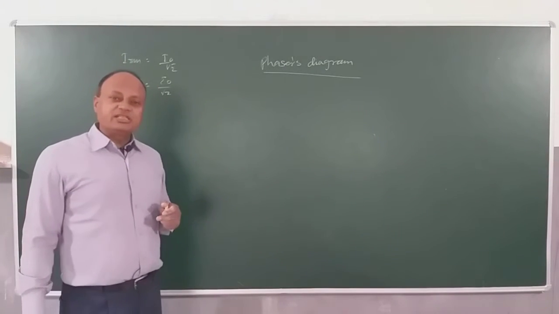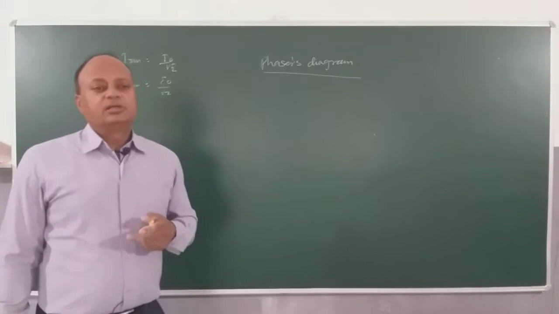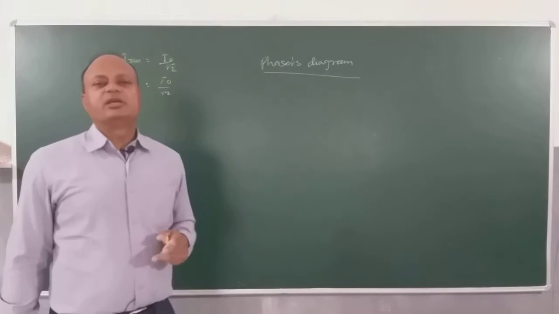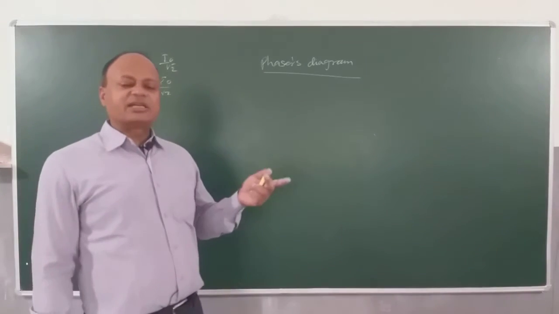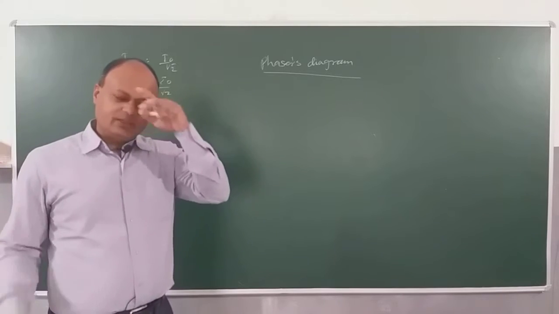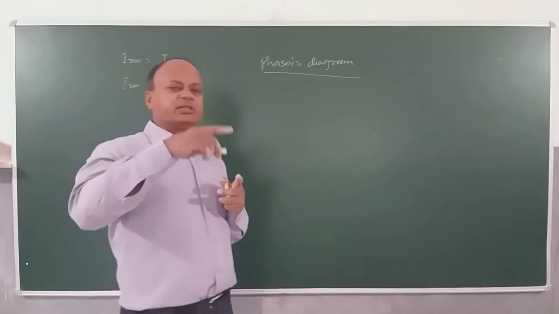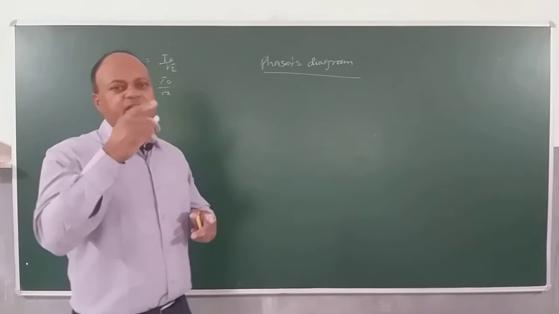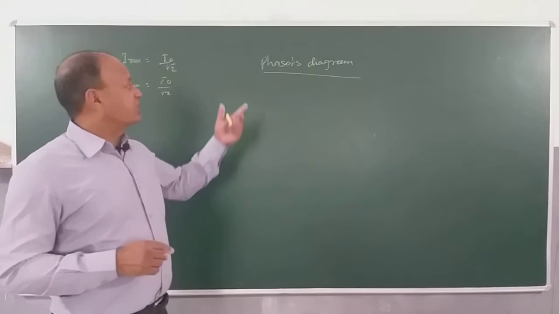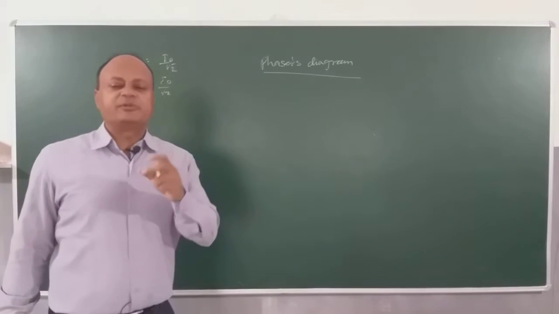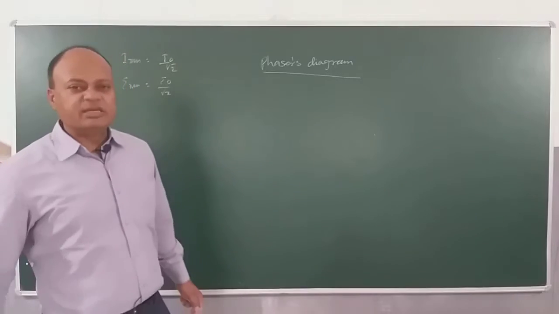But in case of AC, we will see that many times voltage will be maximum and current will be minimum, or vice versa. Current is maximum and the voltage is minimum, right? Opposite. Means they will not grow together, they will also not decay together, they will not increase together, they will not decrease together. Therefore, we use the concept of phase diagram. So a phase diagram is basically a vector diagram which shows the phase difference between current and EMF.